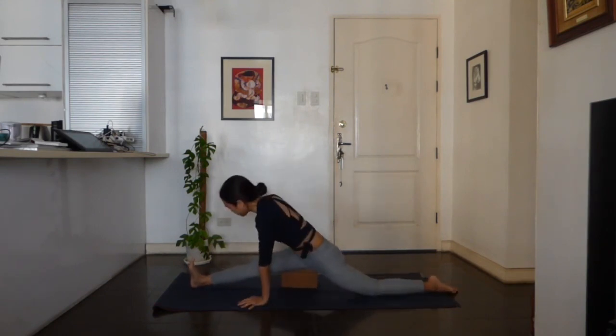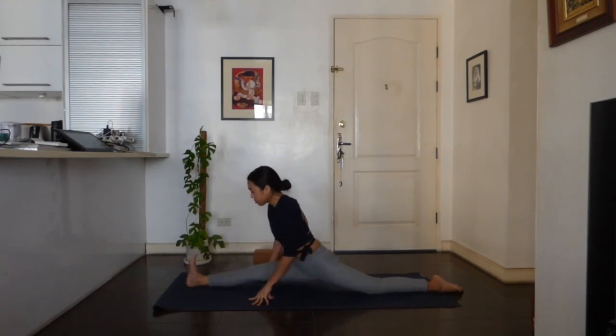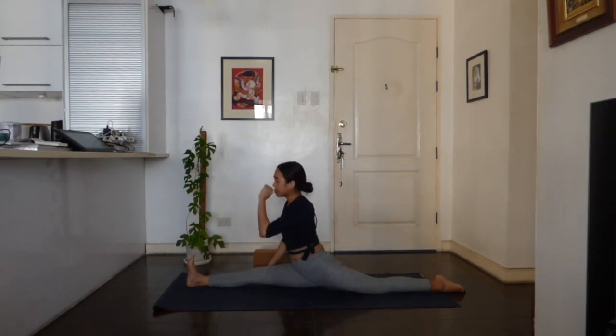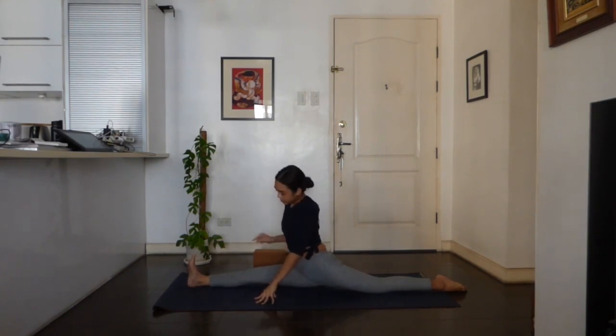So if you don't have a block, that's fine as well. Just keep your hips square. Maybe you're here. Stay active in the legs, or maybe you're all the way down on the floor. So whichever. See where your practice leads your body today. And so just 2 more breaths wherever you are. Keep kicking the heel forward. Lift the chest. 1 more breath. That's it. To come out,